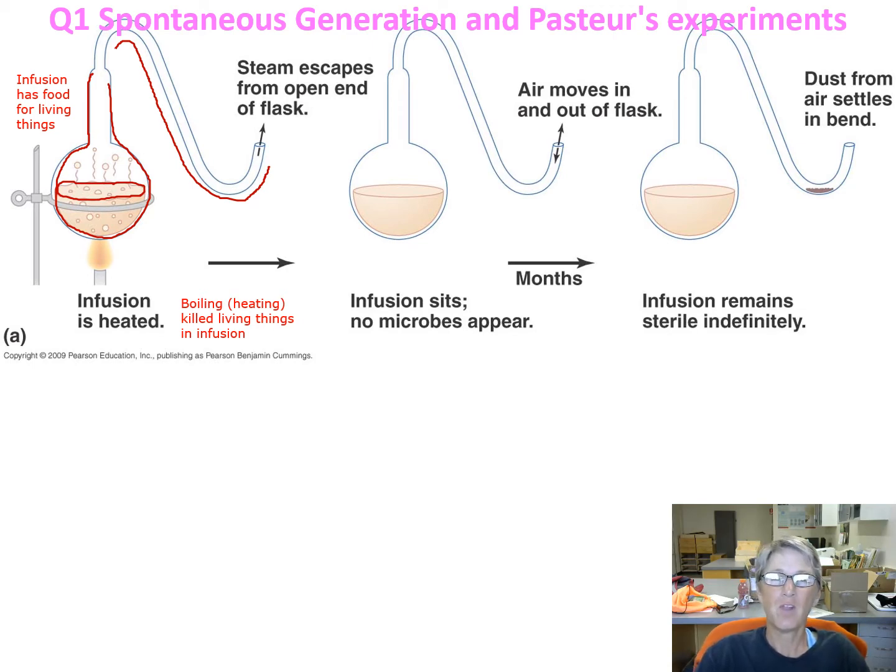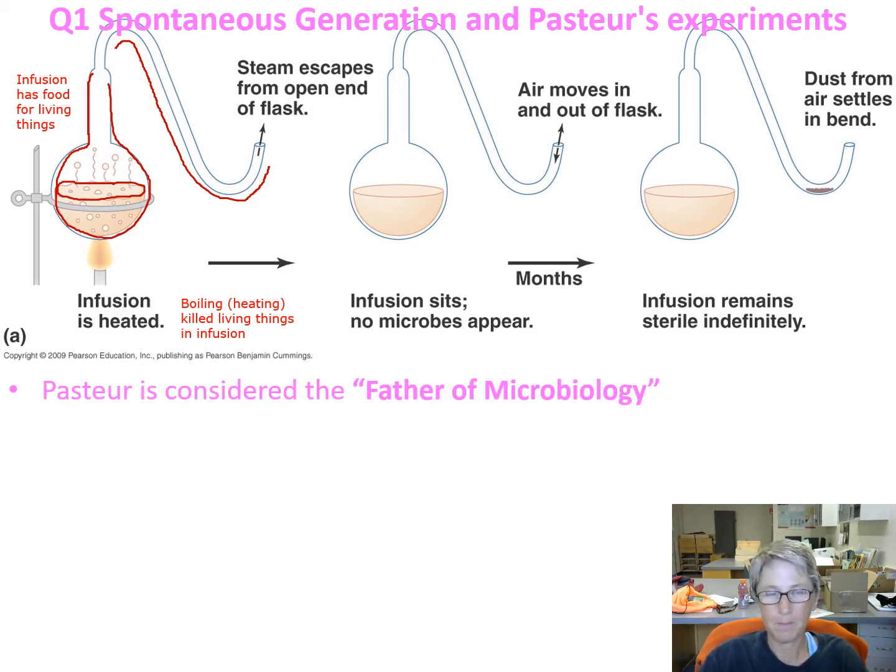And then they let these flasks sit for a long, long time, and you didn't see any microbes. So where's the spontaneous generation? There's stuff to eat. There's air able to get in and out. Where's the microbes? I guess there's no spontaneous generation. But then they went on to do some more tests. So here, the air with the dust in it and the microbes in it will get into this part of the swan neck flask, but it'll settle here and it won't be able to move up through the swan neck part of the flask into the infusion.